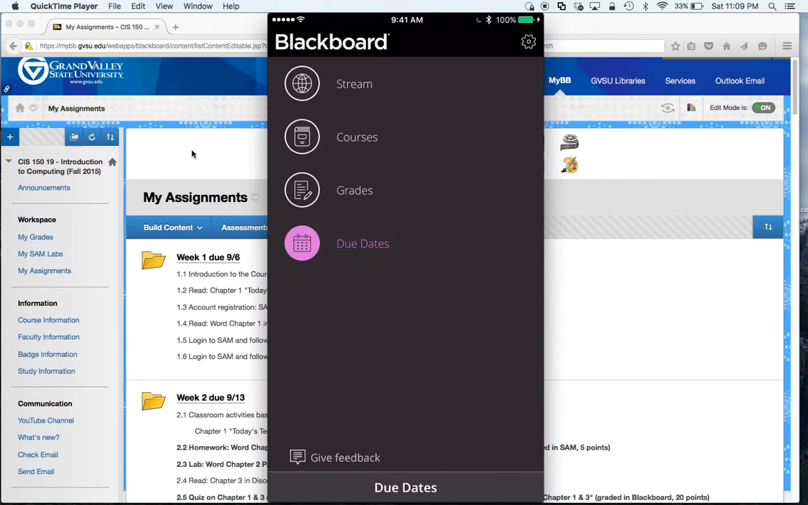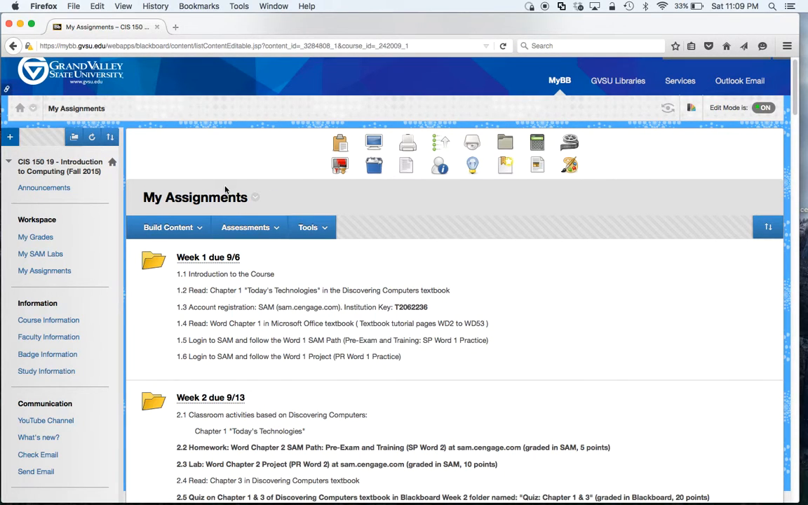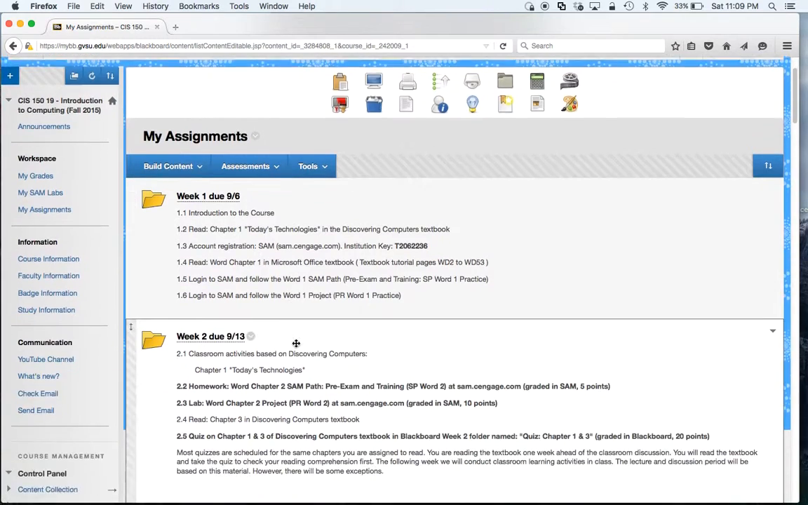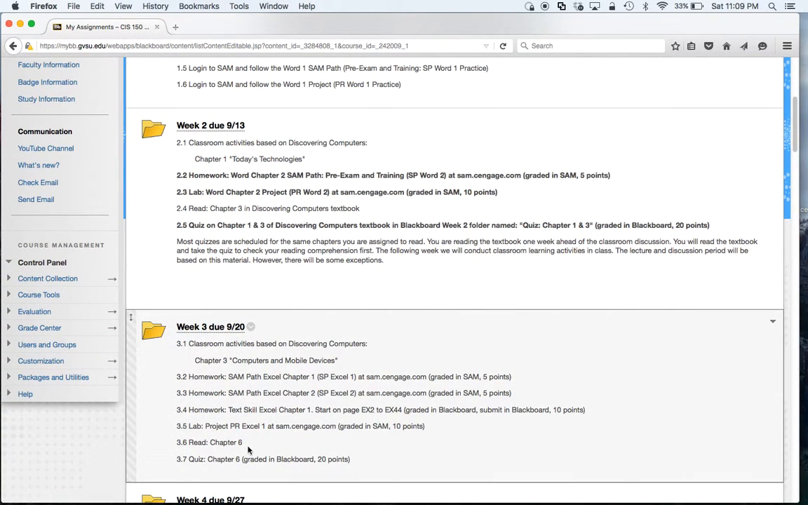So first of all, we're looking at a course which is divided into weeks. This is under My Assignments menu. We have access to My Grades and then other links throughout the course, including course information where the syllabus is located. Each week has a description right in the text of the folder, but then also inside of the folder